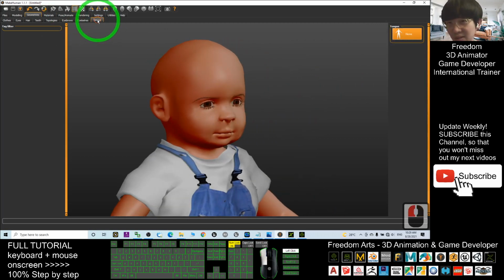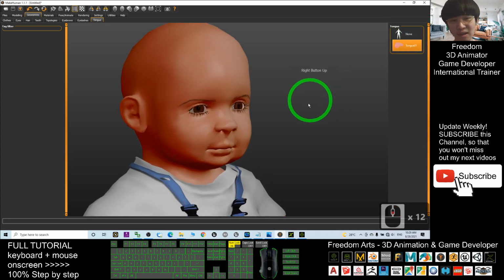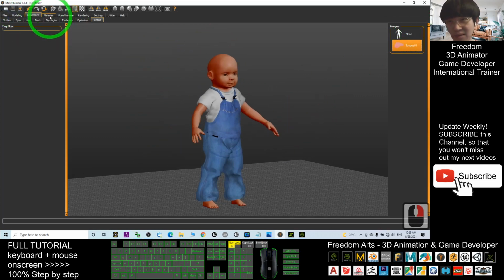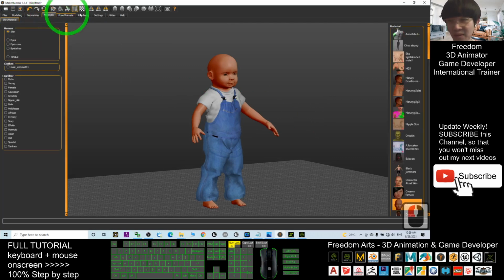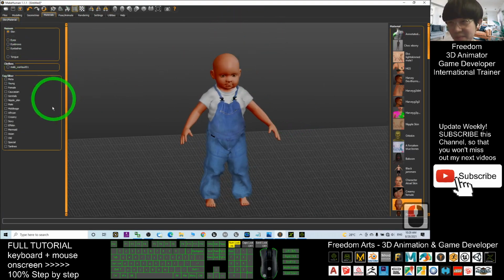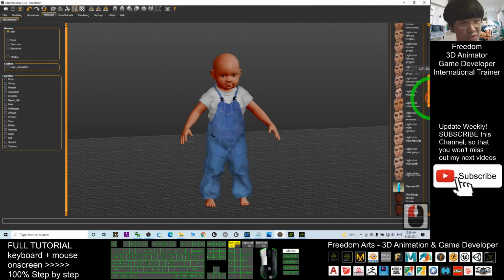And the next one is the tongue. Make sure you choose a tongue. It is quite important in 3D animation and game development, your avatar's tongue. Now, once you feel finished already, you can go to the next. It's the material. Since this is a Caucasian baby, so here, the skin I will just choose